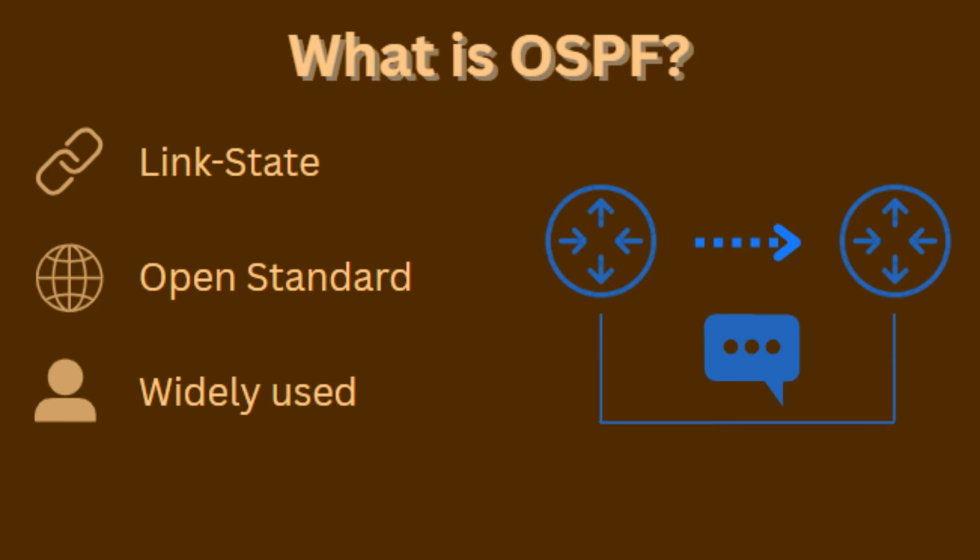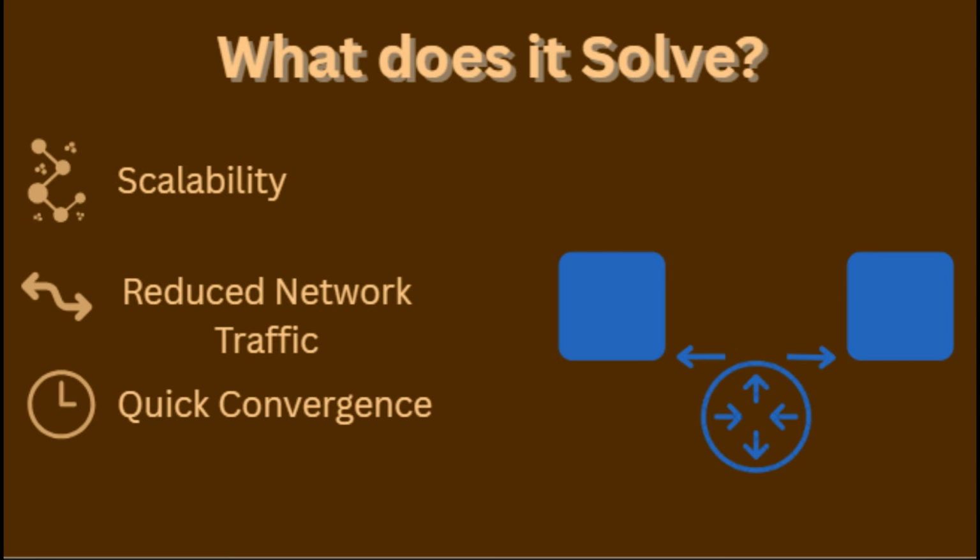OSPF supports IPv4 and IPv6, as well as VLSM and CIDR, giving networks flexibility and efficiency in IP addressing. What does OSPF solve? OSPF addresses several challenges that static routing can't handle effectively. First, it helps prevent routing loops by using the shortest path first algorithm to calculate the most effective loop-free path